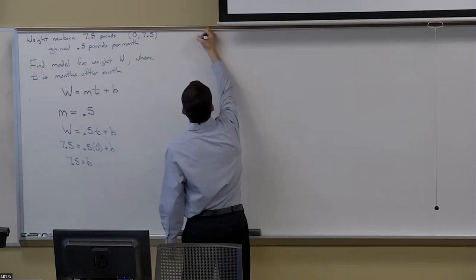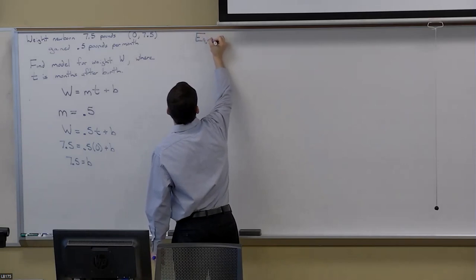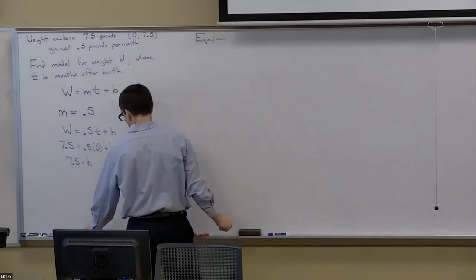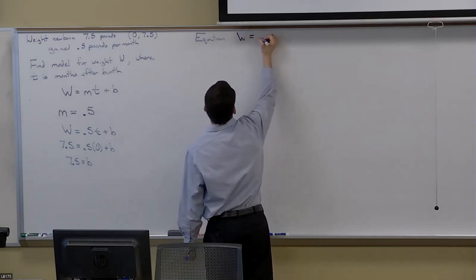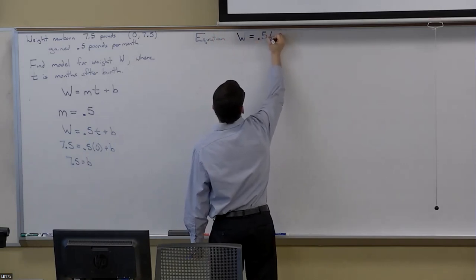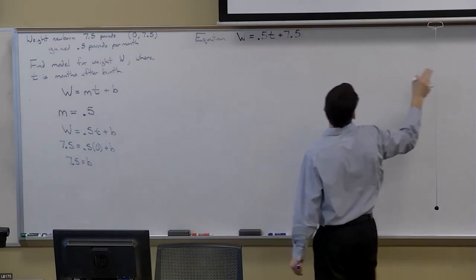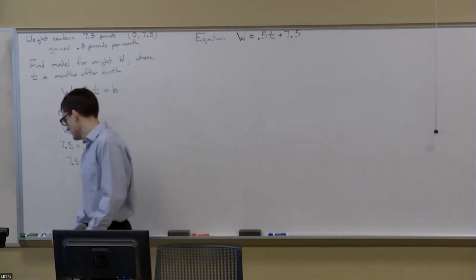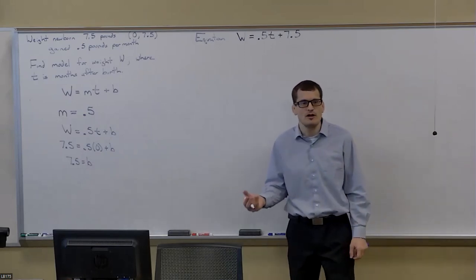So the equation in this case is that W is equal to 0.5 T plus 7.5. And then we can move on. Now,